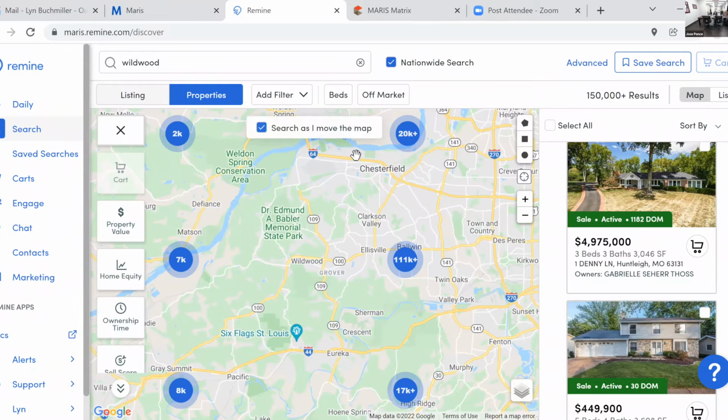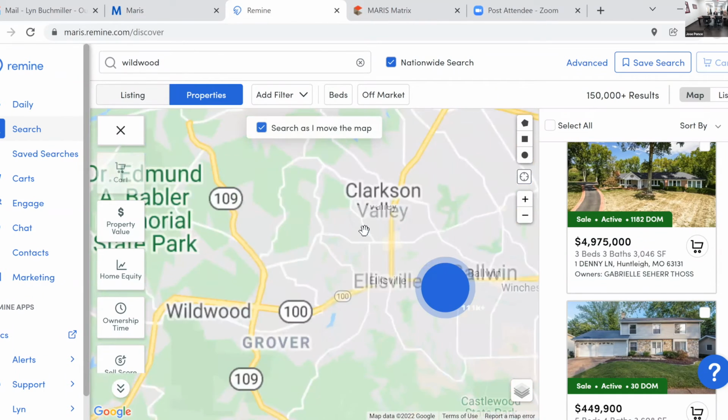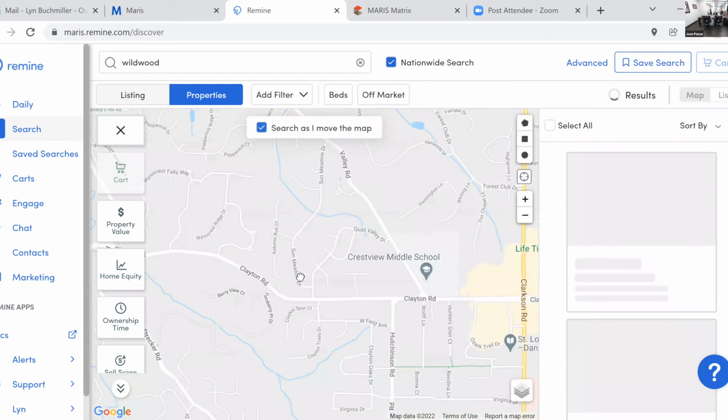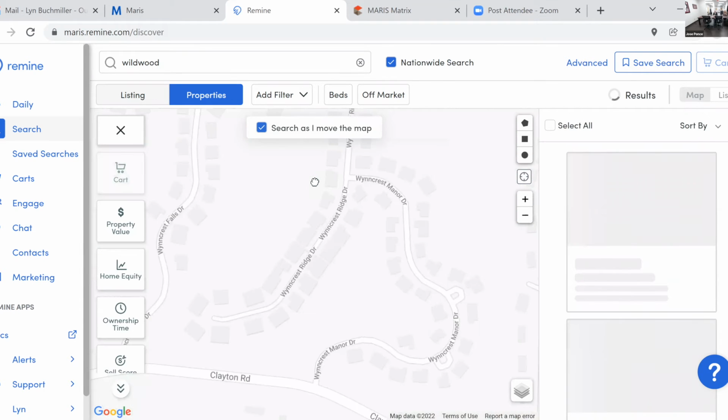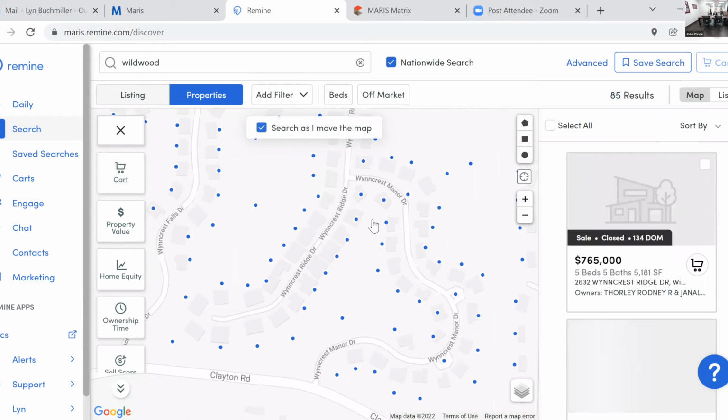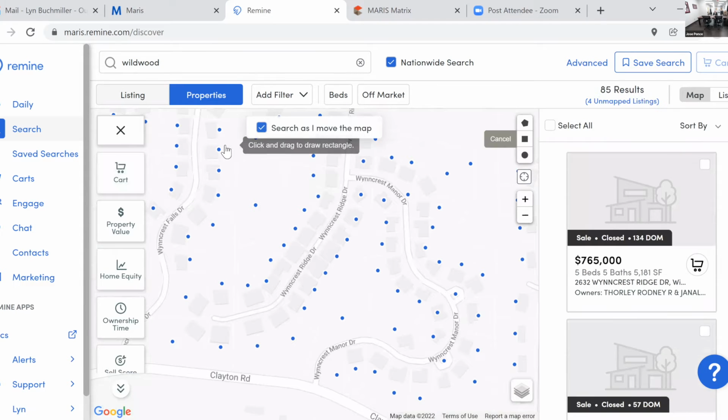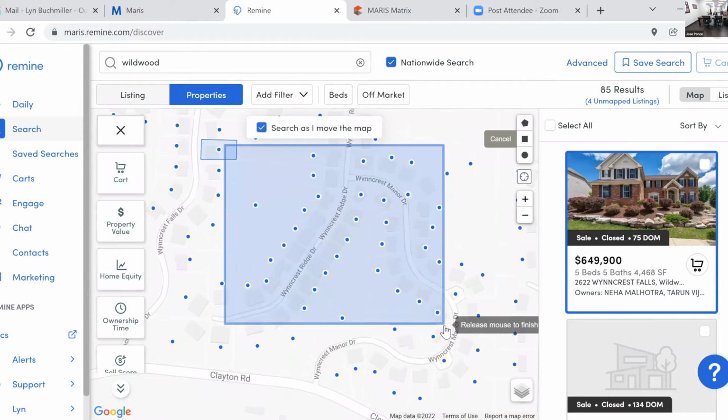Yeah. But yeah, so here we are. We just went through all the active through the off market. We talked about CMAs. From here, we want to introduce that marketing piece, right? Because that is one of their really cool pieces. So I'm here, I kind of zoom in, and maybe I'm looking at Wingcrest Ridge. Maybe I just moved to this area and I'm a new realtor and I want to get my name out to the whole neighborhood. So I'm going to take my little shape tools and I'm just going to draw that